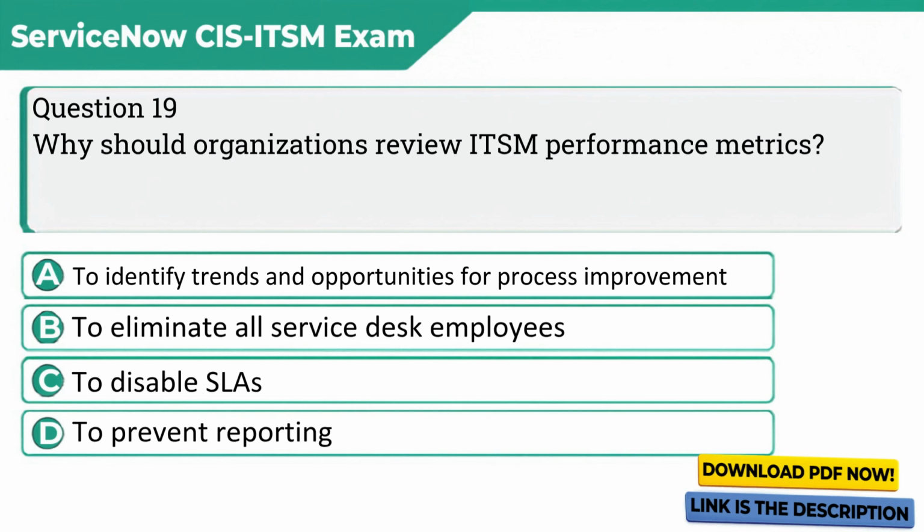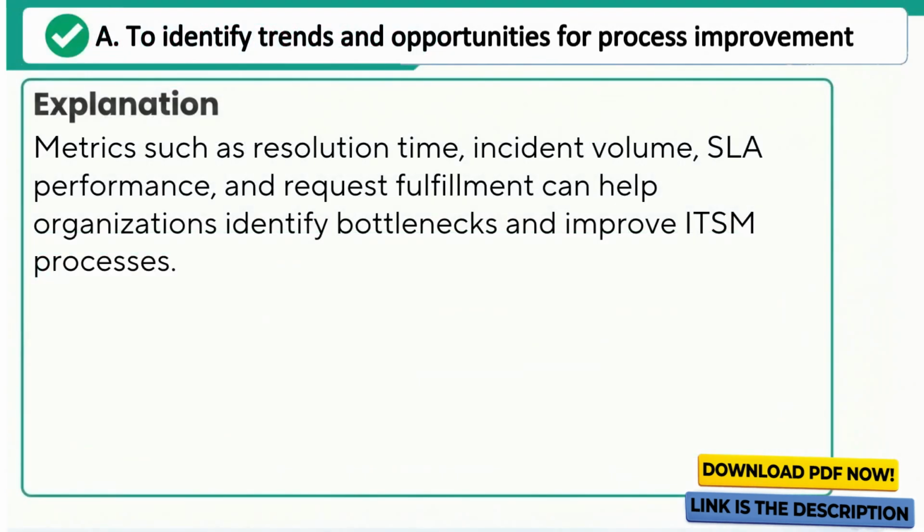B. To eliminate all service desk employees. C. To disable SLAs. D. To prevent reporting. Correct answer. A. To identify trends and opportunities for process improvement. Explanation. Metrics such as resolution time, incident volume, SLA performance, and request fulfillment can help organizations identify bottlenecks and improve